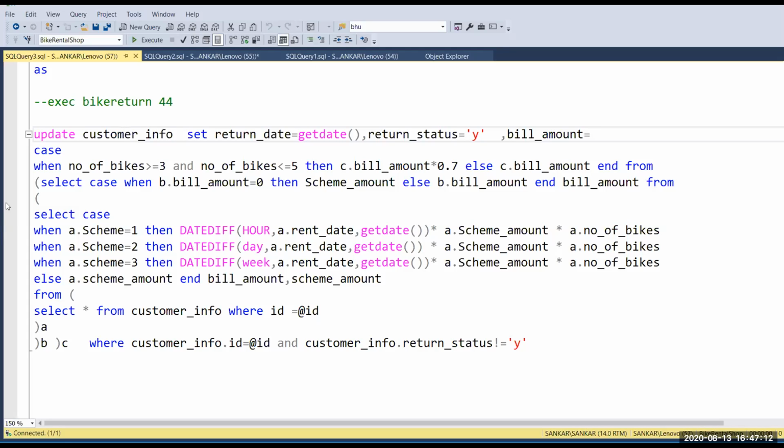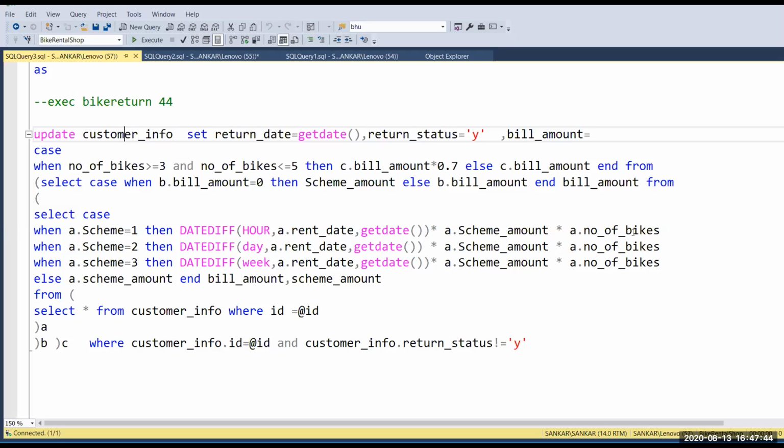If the person chooses scheme one, then it calculates the date. I'm using date difference: it subtracts the two dates, the current and the previous one. Then it converts that into hours. Then I multiply the scheme amount with it, then multiply by the number of bikes.